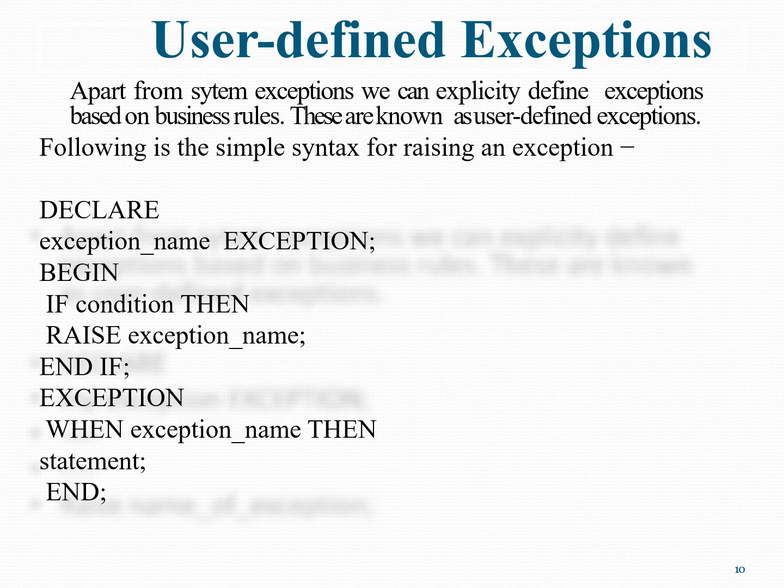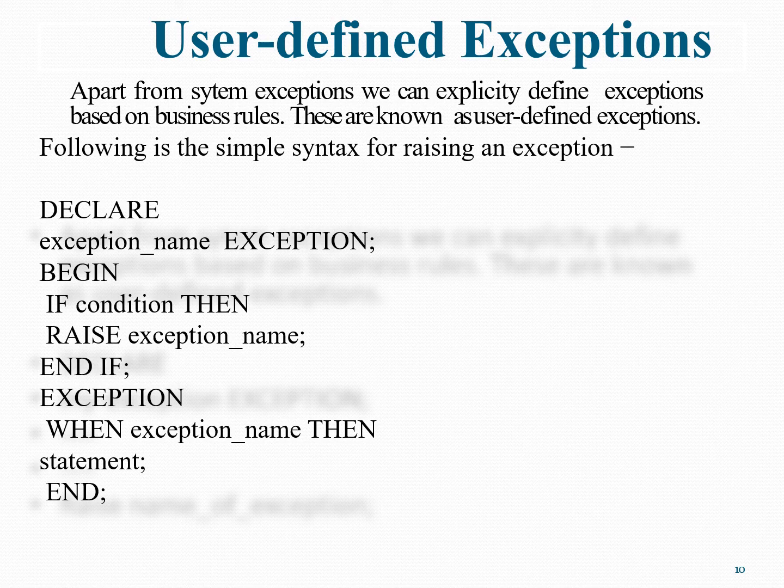This is the third category of exception, that is the user-defined exception. Why do we need to create user-defined exceptions in our program? Sometimes there are some error conditions in our program which can't be caught by the predefined exceptions, both named or unnamed. So we need to create our own exception. So this is the simple syntax for raising an exception, that is a user-defined exception.